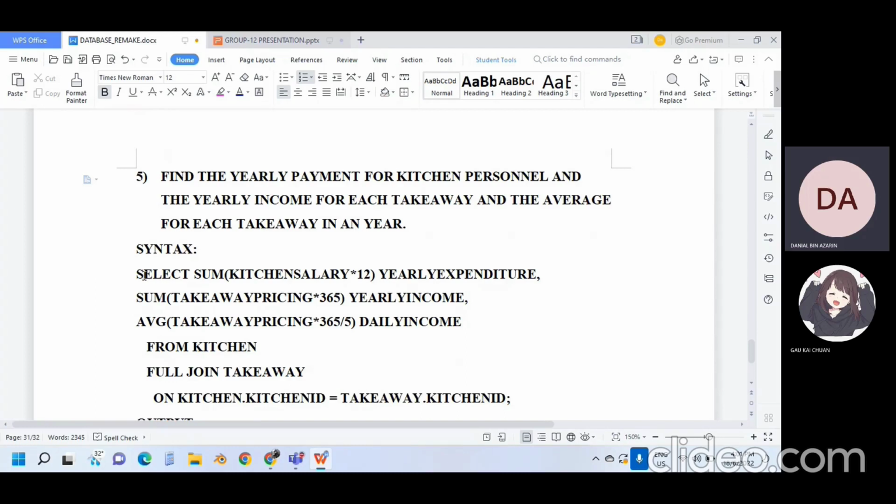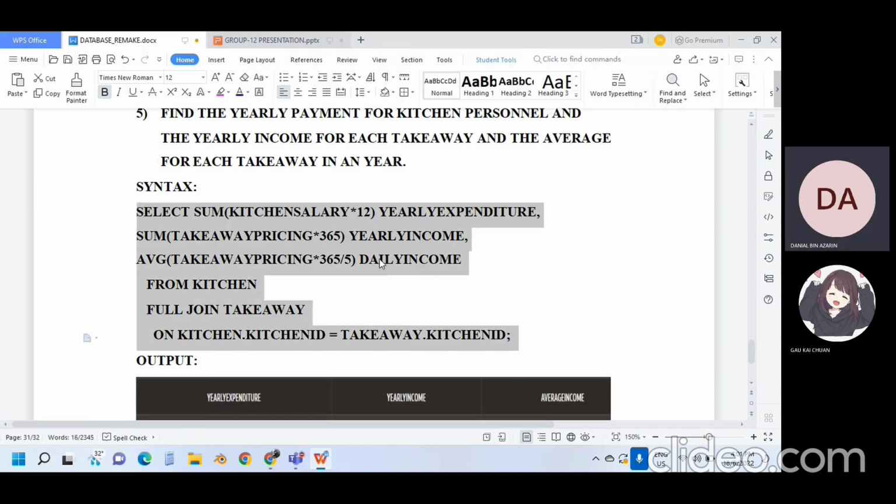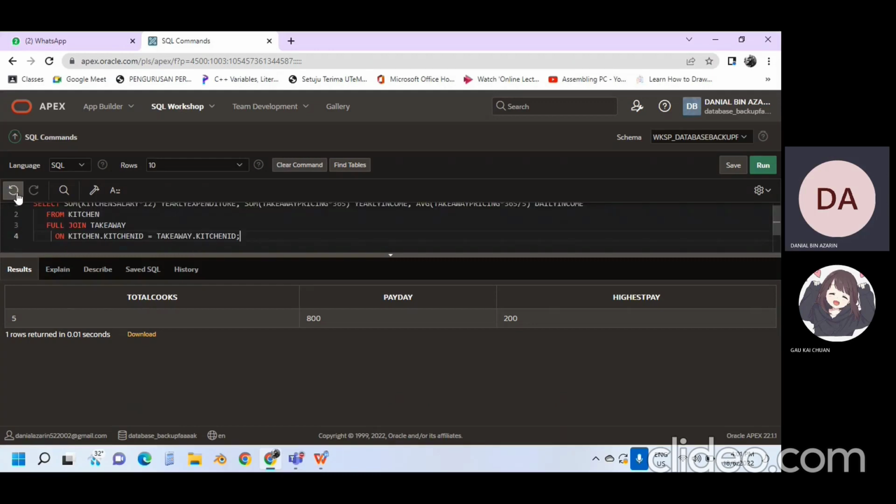So the syntax would be select sum kitchen salary multiply by 12 as yearly expenditure, and then sum takeaway pricing multiply 365 as yearly income, and average takeaway pricing multiply 365 divided by 5 as daily income from kitchen full join takeaway on kitchen ID equal to takeaway.kitchen ID. We should be getting this output, which is